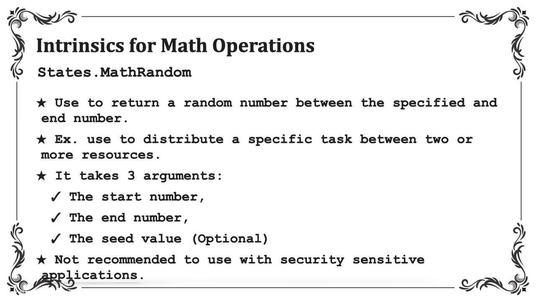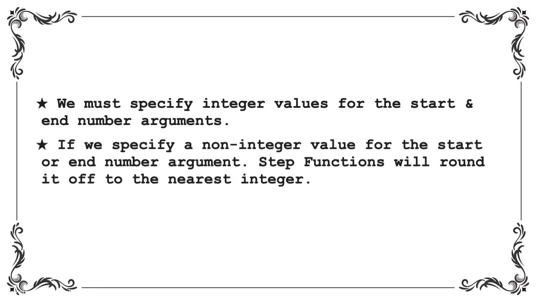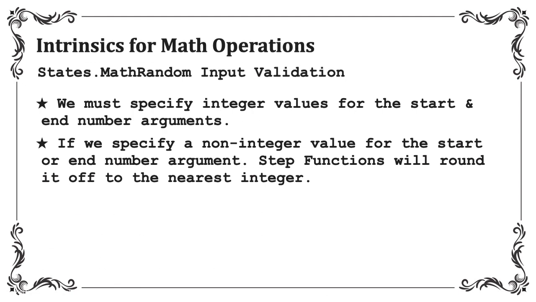value. The seed value argument is an optional argument, and if you want to use this function with the same seed value, it will return an identical number every time you run the function. Because the MathRandom function does not return cryptographically secure random numbers, we recommend that you do not use it for security-sensitive applications. You must specify the integer values for the start and the end number argument, and if you specify